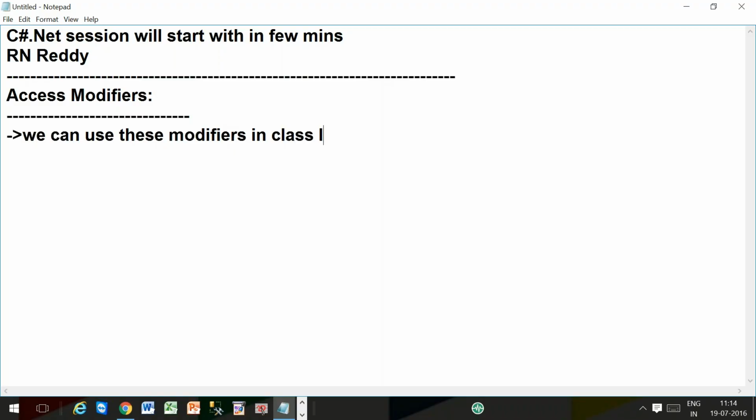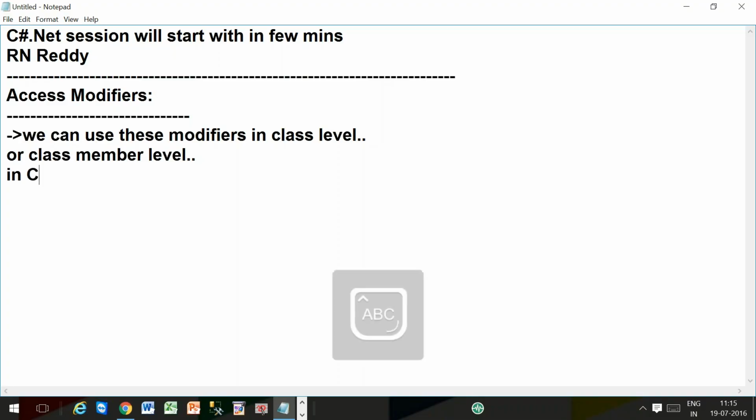We can use these modifiers at class level, meaning at the time of defining a class, or at class member level. You can call these access modifiers or access specifiers. Both terminologies are the same, and they specify the accessibility of a class or class member. In C#.NET,